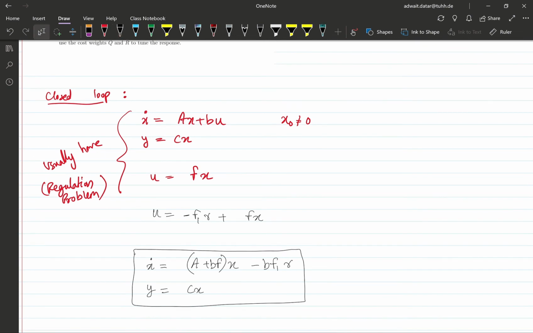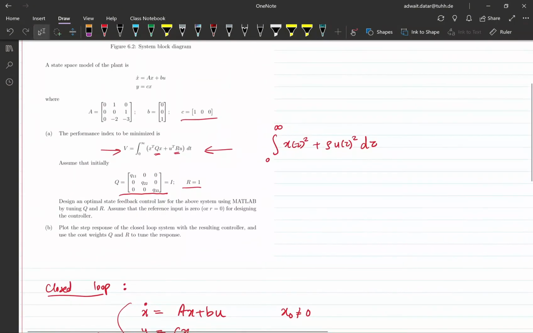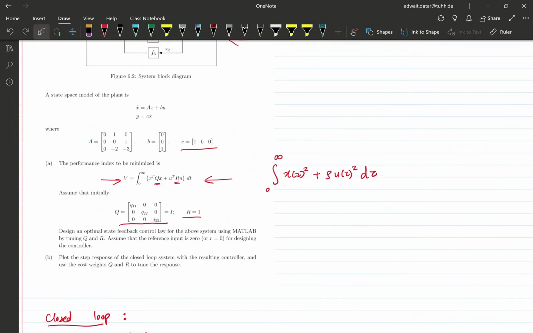this one. So yeah, I suggest that you try to play with the MATLAB code and try to understand or get a feeling for how to tune these gains Q11, Q22, and Q33. One thing to note here is that the output is just the first state. So because your cost should represent what is the most important for you, you might observe that you get good tracking performance when you set Q11 higher than Q22 and Q33,